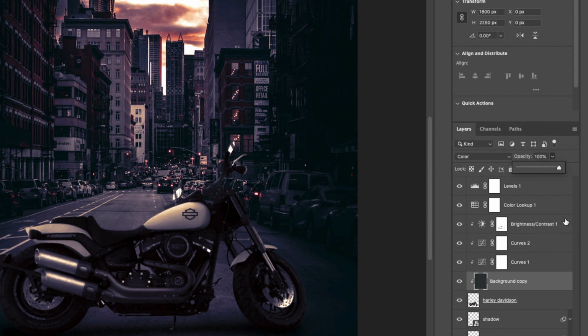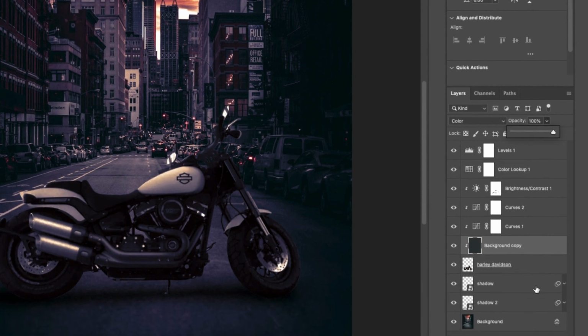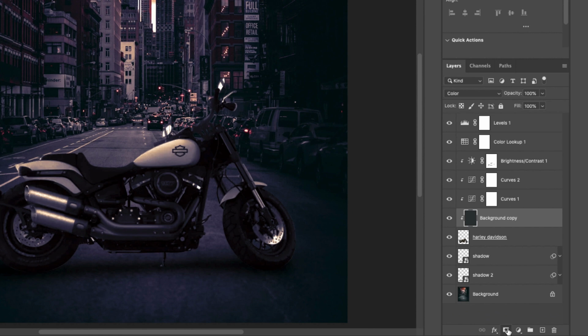In this process we have lost some colors. To retrieve them, mask the average blur layer and paint using black or gray color.